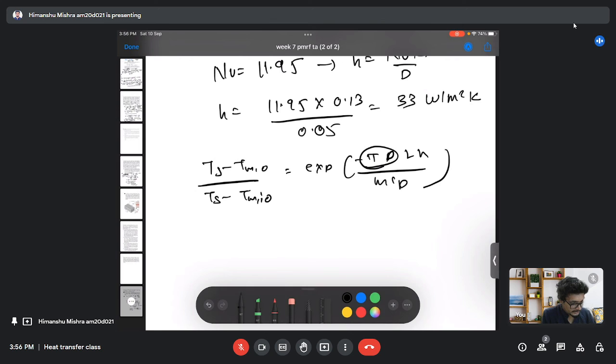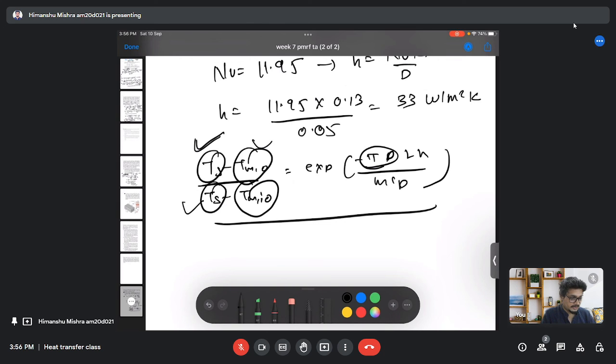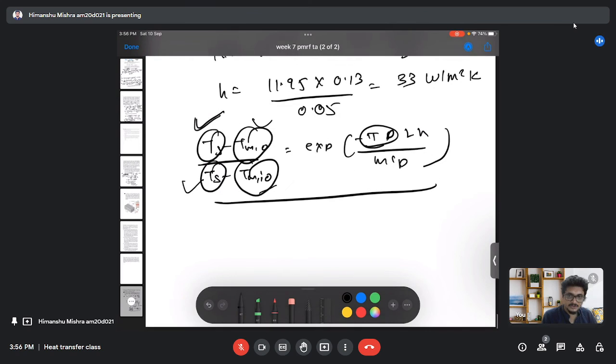So we have already been given the surface temperature and the inlet temperature, and we just need to find the outlet temperature. It is quite similar to the previous question, where we needed to find the surface temperature. For that, we first found the outlet temperature, and then we found the surface temperature using the same relation. Here we are given only the inlet temperature and the surface temperature. So just putting the values in this expression, we will get